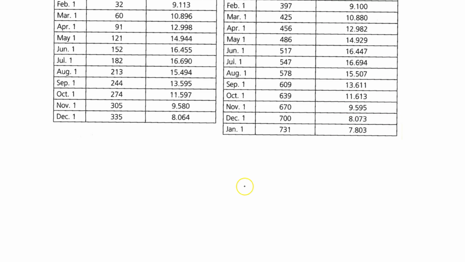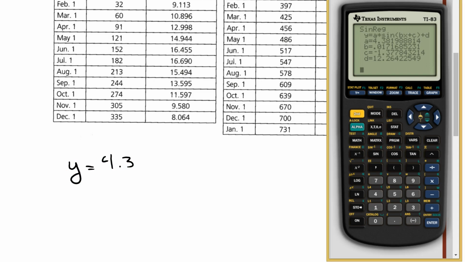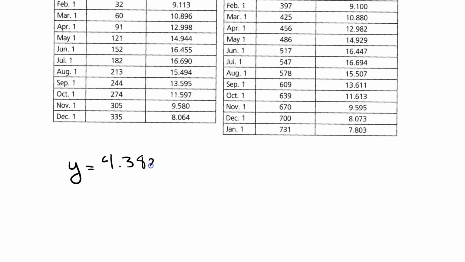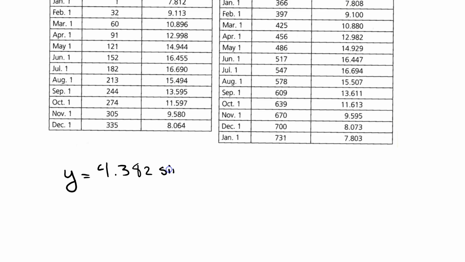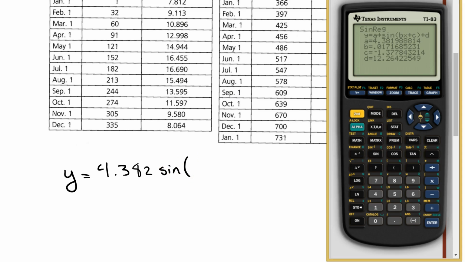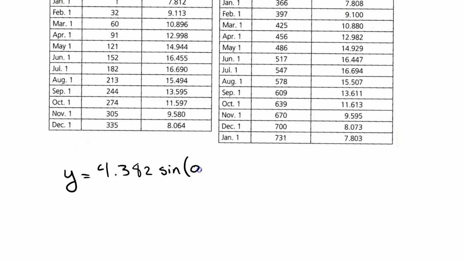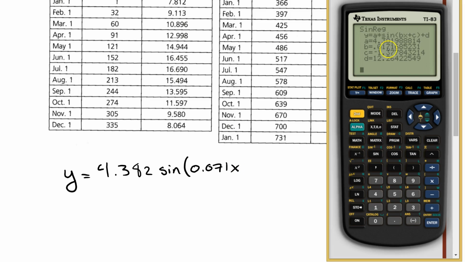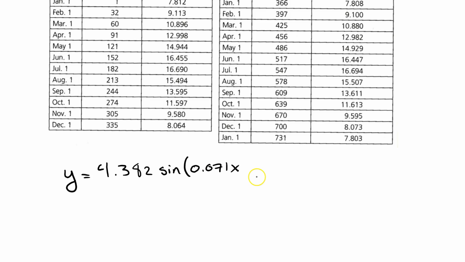We're going to say y equals 4.382 times sine, open bracket, 0.17x. Oh, sorry, 0.17, my bad. 0.17x